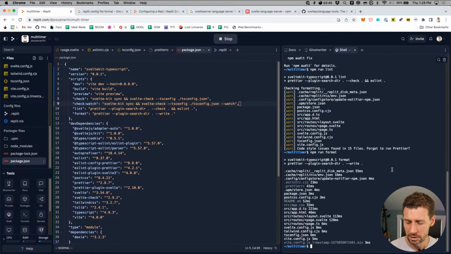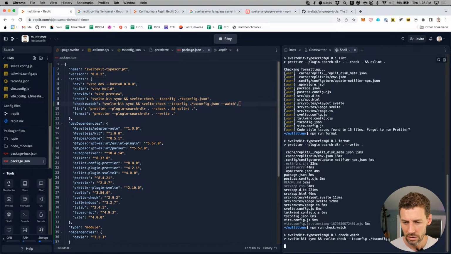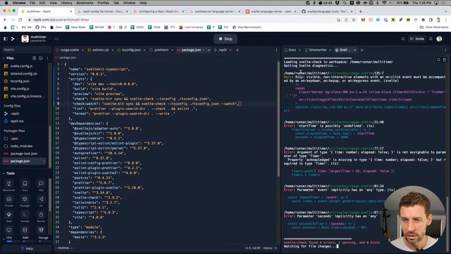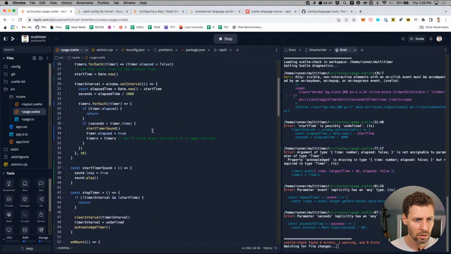How would I know? Run check watch. Oh, great. So that's giving me errors over here, but I want them here, like integrated into the IDE.